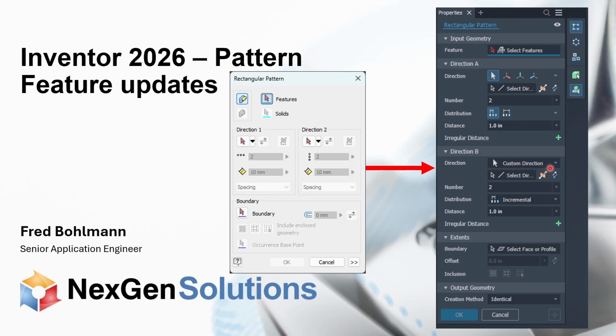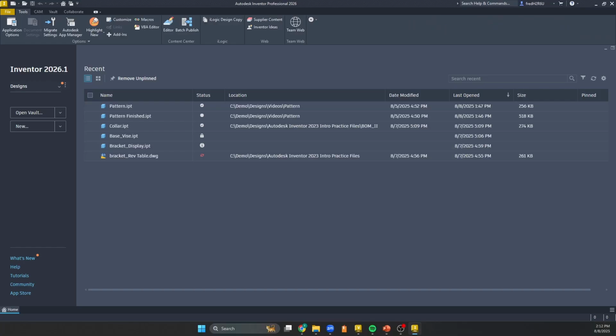So I made that change. I've closed Inventor, I've restarted my computer, and it remembers that, hey, for direction B, he likes using the drop down, but direction A, he's using the icons. So stuff like that is customizable. You probably notice my distribution here is also different between the two. So these are minor changes they have in here, but let's get into some more of the meat of it,